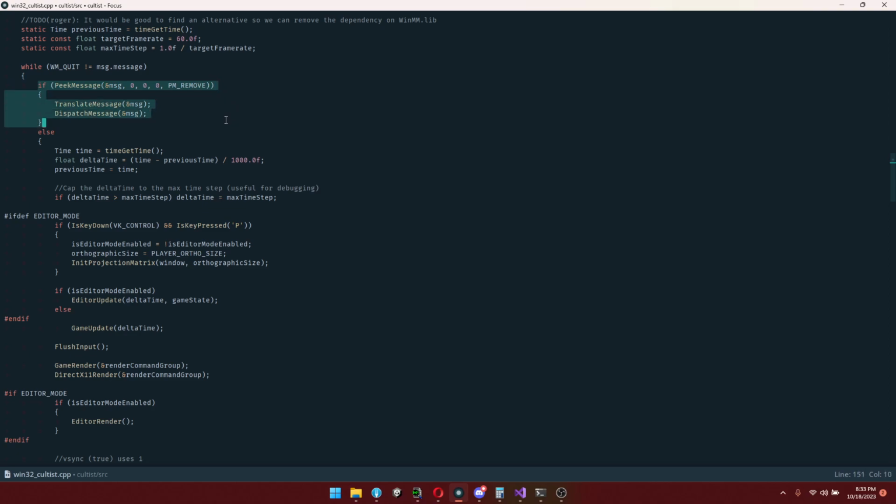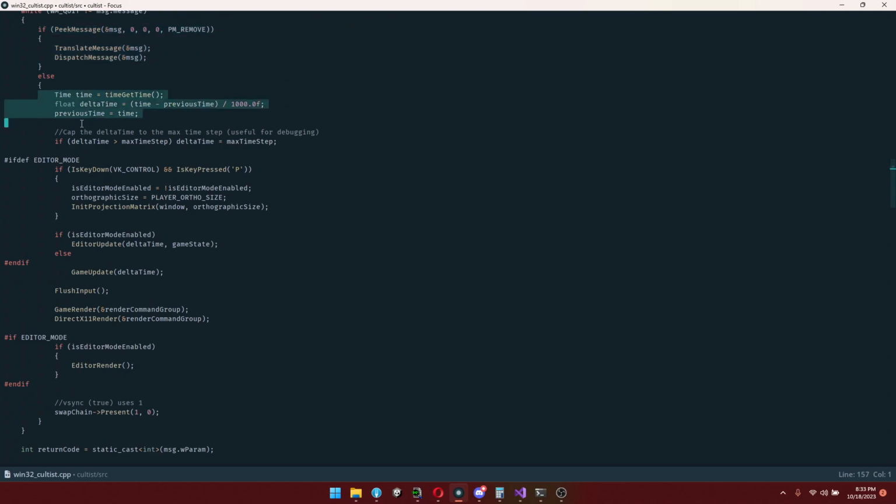And then, of course, if it's not peeking messages or any of that, then we're updating our game. And this right here is pretty standard game logic. I'm thinking about using a different approach for calculating delta time, but this is how we're currently doing that. For those who don't know, delta time is basically the time between frames. So we capture this, and then we pass it into